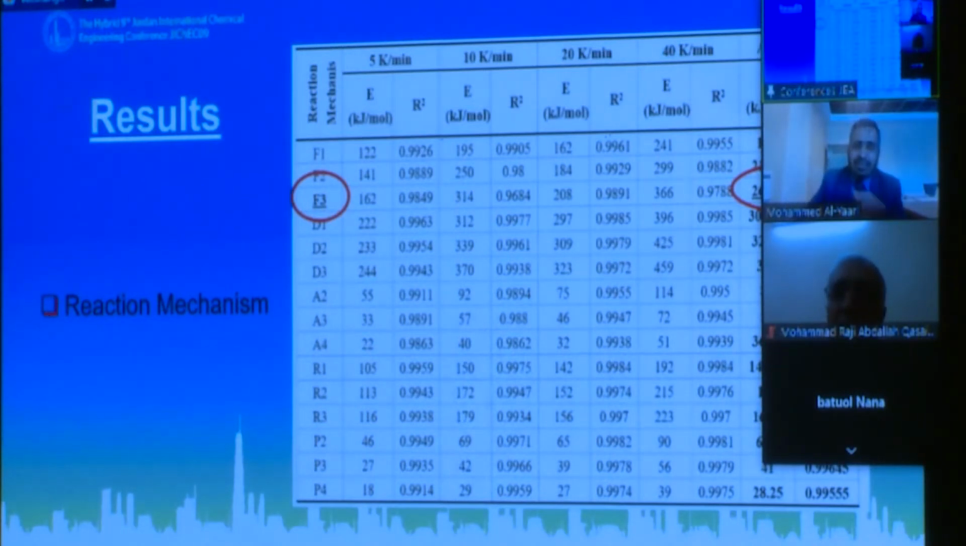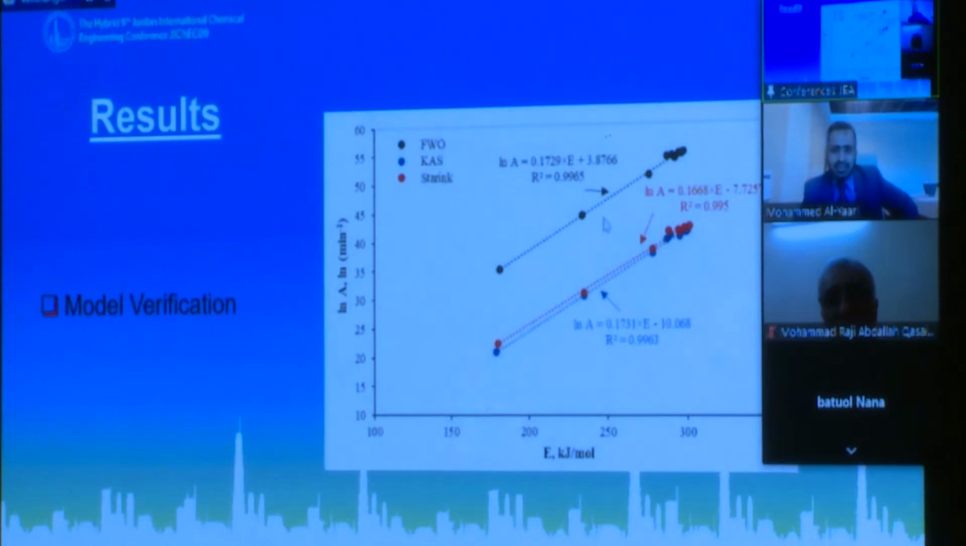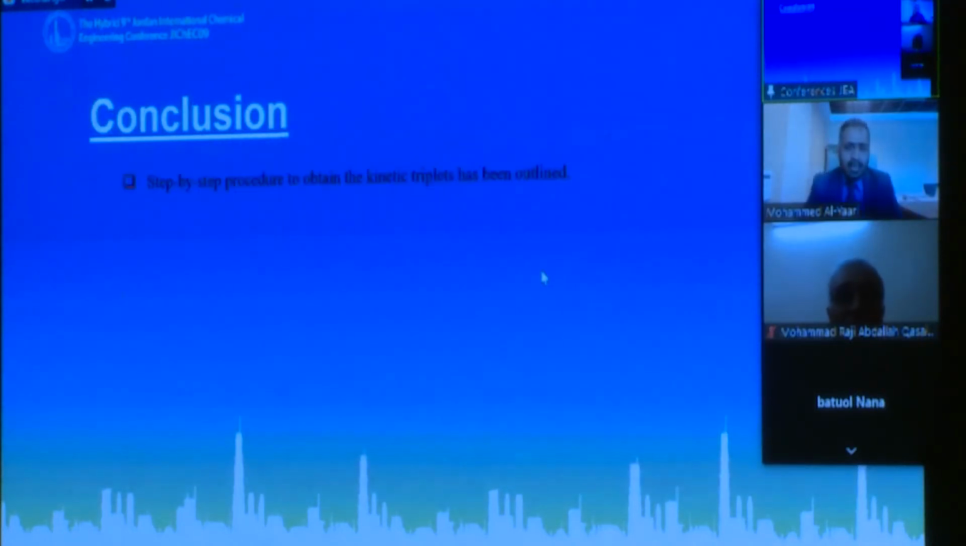After that, we went back to the isoconversion models to obtain the value of the frequency factor, in ln A form, as you can see here. Then we have to check the suitability of the reaction mechanism by investigating the linear relationship between ln A and the activation energy, and we succeeded in doing so. As you can see here, we had straight line equations with high regression coefficients. In conclusion, in this investigation,